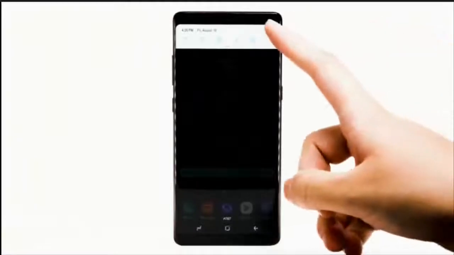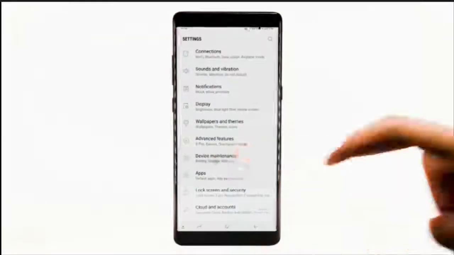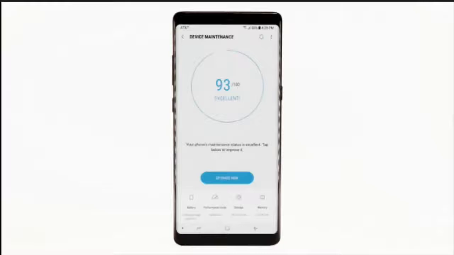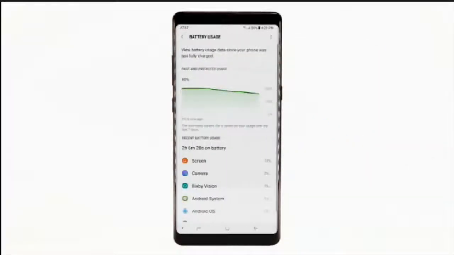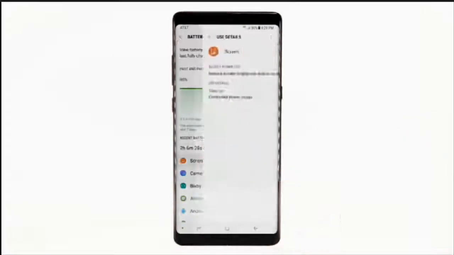then select the Settings icon. Select Device Maintenance. Select Battery. Select Battery Usage. The apps and features that are consuming battery will be displayed. To view the battery usage details of a particular app or feature, select the app or feature under Recent Battery